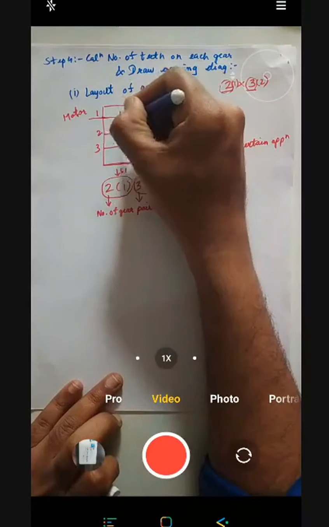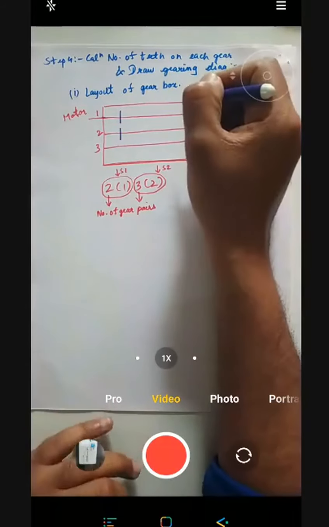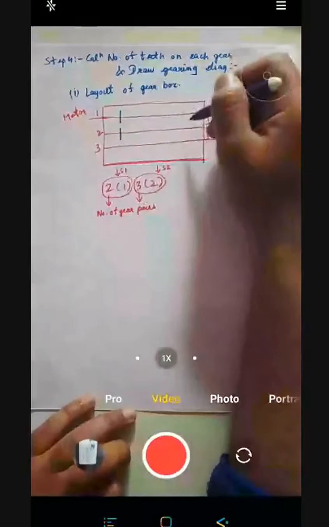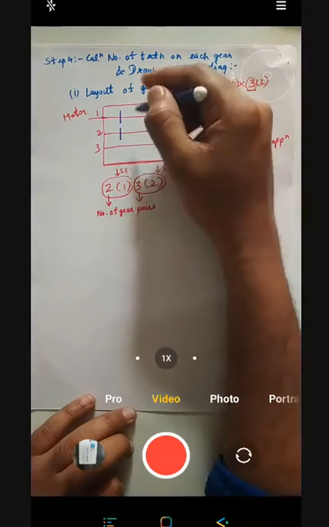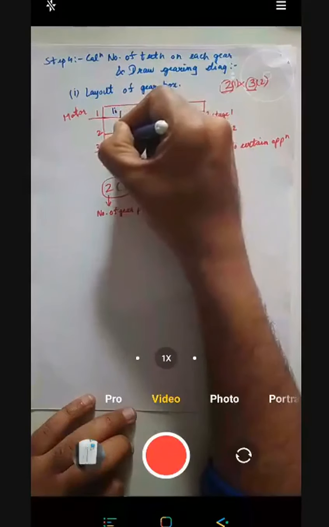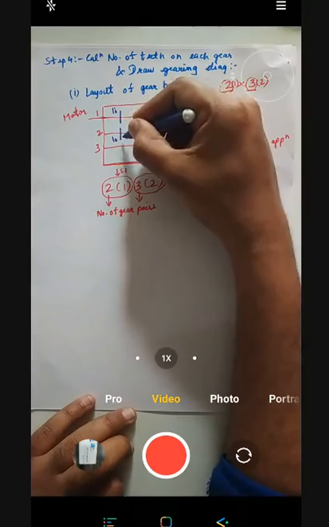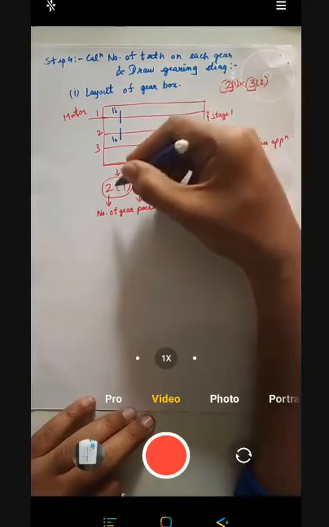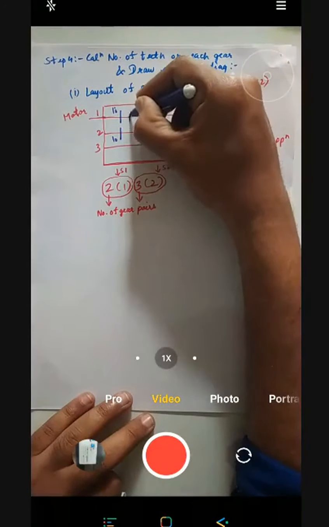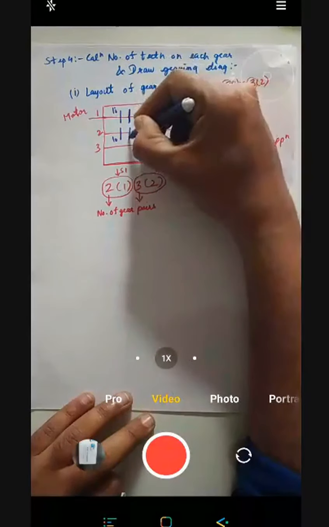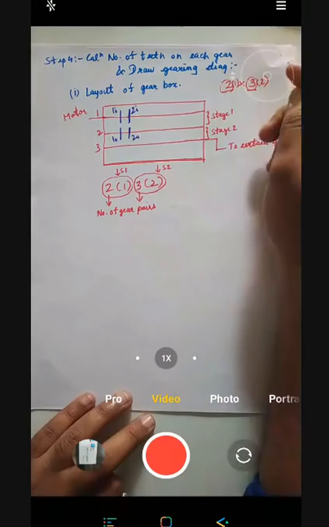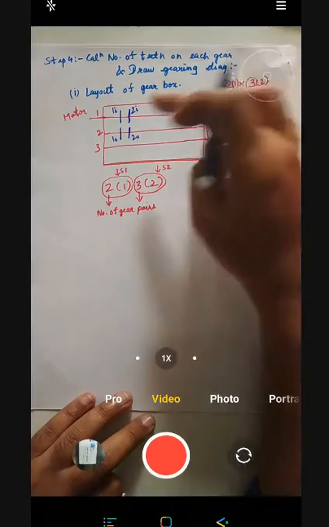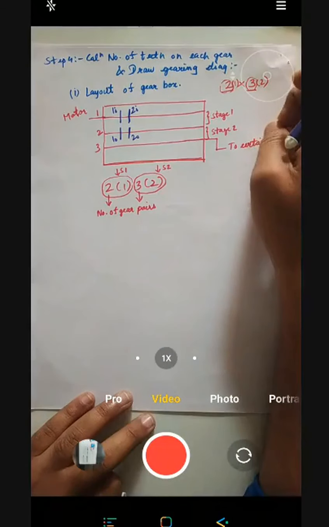In stage 1 there will be two pairs of gears, input gear and output gear. I am just drawing the line diagram. The complete diagram of a gearbox will be drawn where we will see the gearing diagram, just a line diagram. So one input, one output, input gear, output gear, right? Then there are two pairs. I have drawn only one. Again I will draw at a certain distance, just a line diagram. Second input, second output. At any interval of time, any one of the gear pairs will be in mesh with